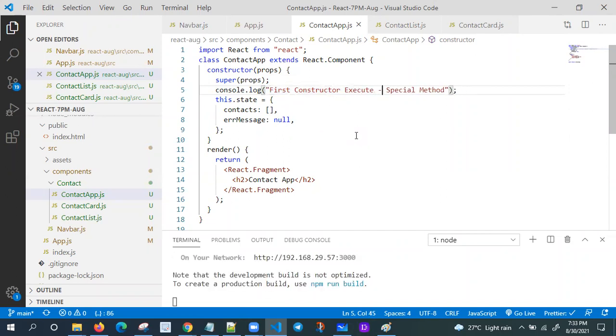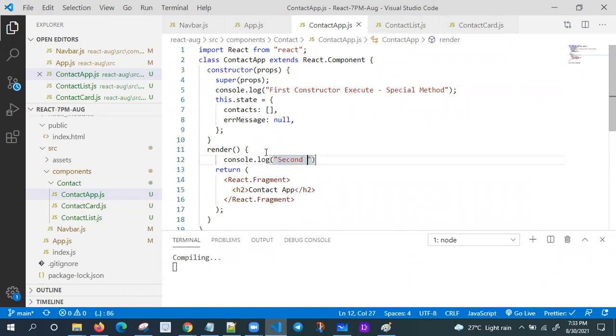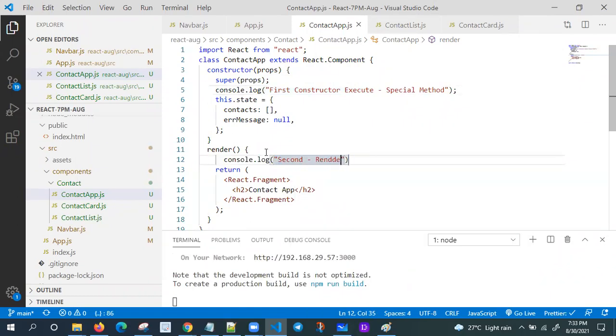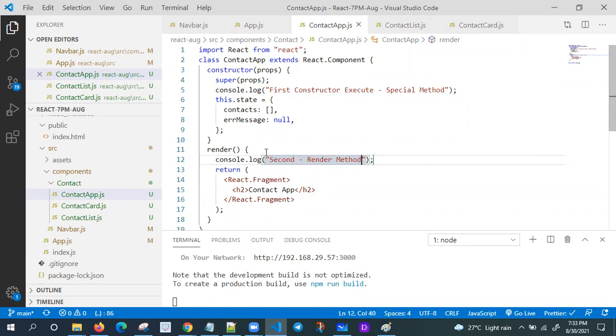Then the render method, console.log second render method. The render method executes and just returns the UI. That's all.